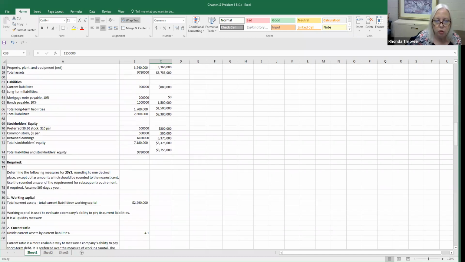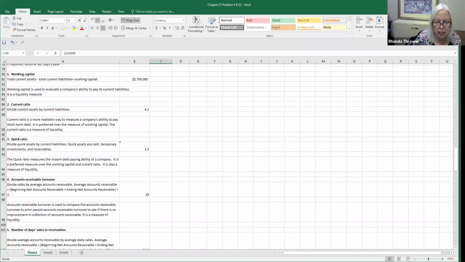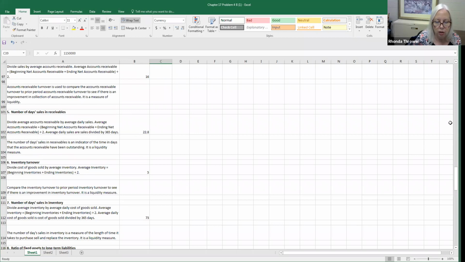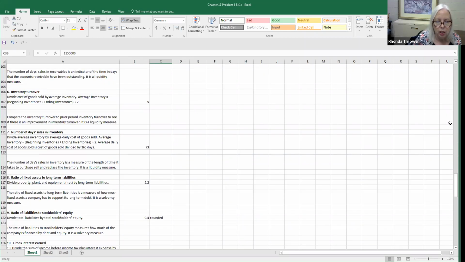But what they wanted you to do is just calculate the ratio for 2000 Y2. And in that ratio, you're going to get 2.2 as the ratio of fixed assets to long-term